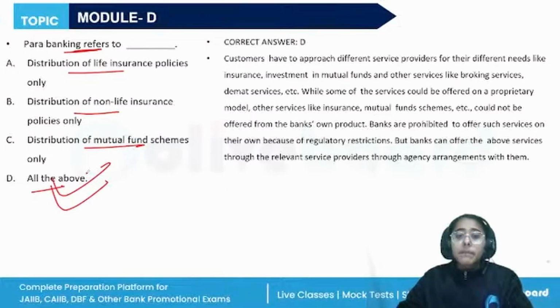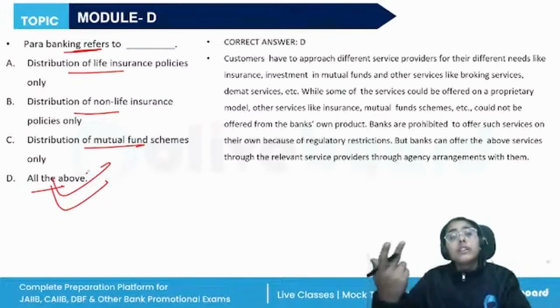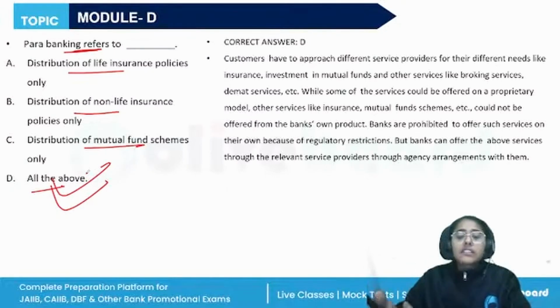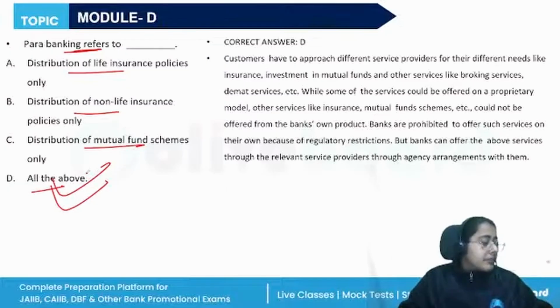So the banks are permitted to undertake certain eligible financial services or para banking activities. They can do so either departmentally or by setting up subsidiaries. Both the norms given by RBI are different. If the banks want to do it departmentally, they have to do so without risk participation. With risk participation, they can set up subsidiaries. So, para banking services include bank assurance, which is insurance policies by the banks, depository services, mutual funds, credit and debit cards, and so on. All right, so the correct answer is D, all of the above.